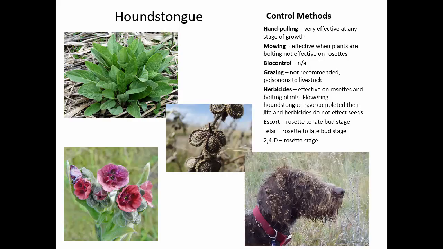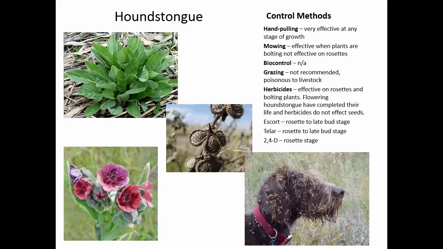So mowing, not so effective. The only thing you're really doing is, when it bolts that second year, knocking that stem and flower down, but it's still going to come again and put up another if you don't get the whole root. You should get most of the roots, and if you get this much of it, it's definitely not going to produce seed, even if it doesn't die.